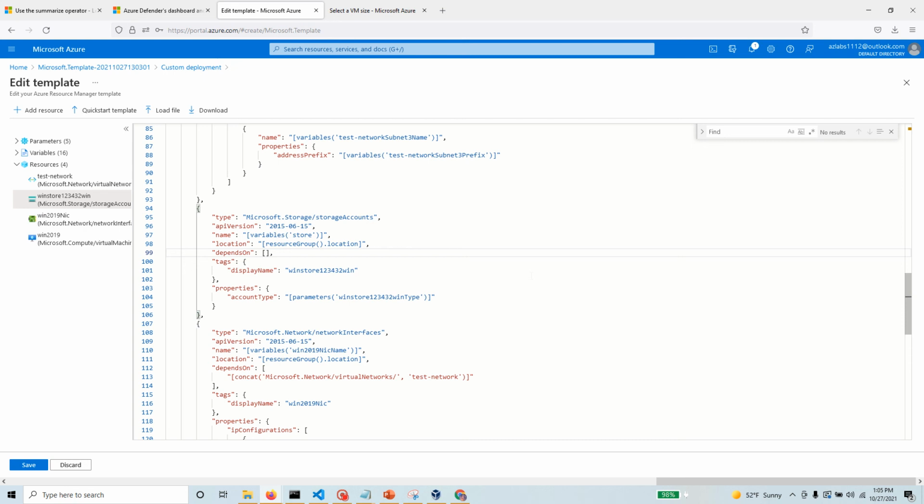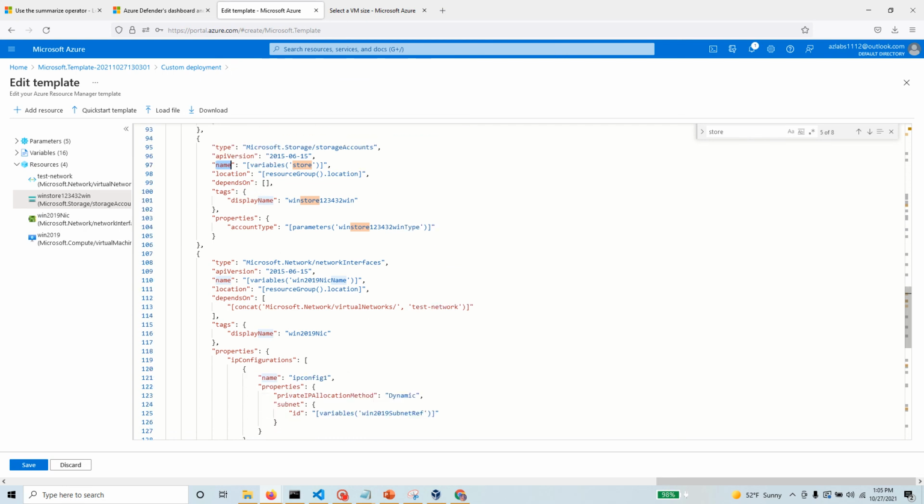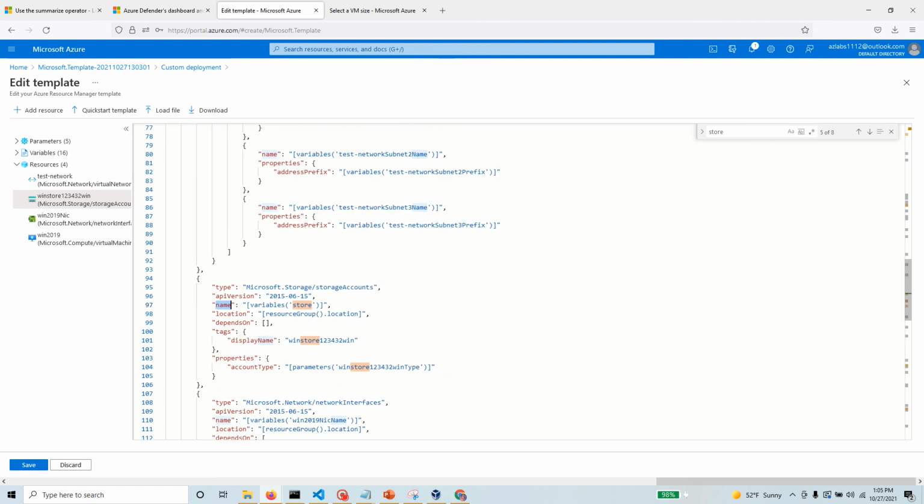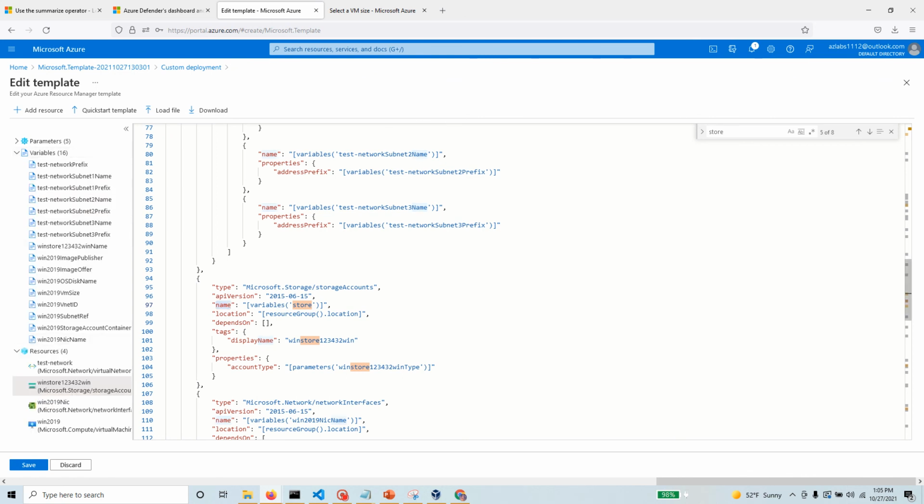let's find the store first where we did the modification to fix it. So this is the name variable. You have to look for this one, and this is gonna come from variable store. Okay, so this one I may not be able to change. Okay, well, I will be able to change from here. I just have to